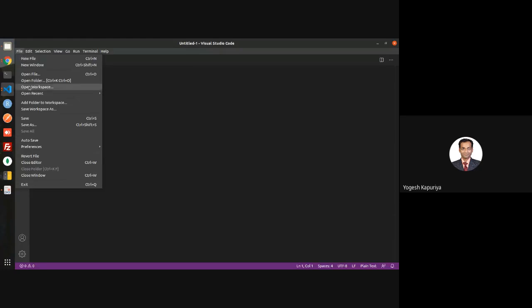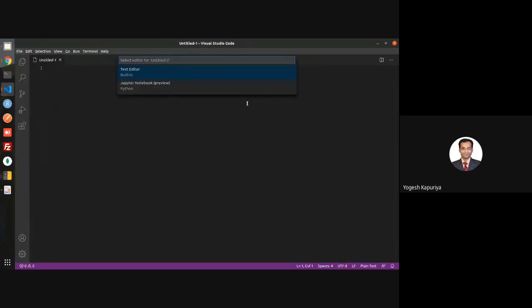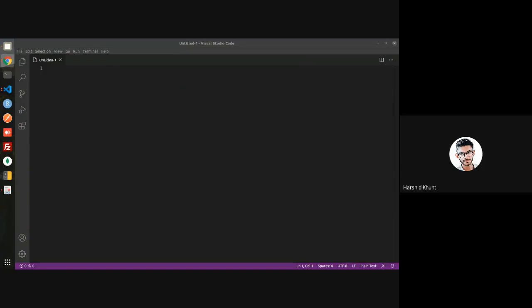Yes, can anyone tell me what is pointer in C language? A pointer contains the address of another variable. Good. So I think pointer is a variable which contains the address of another variable.